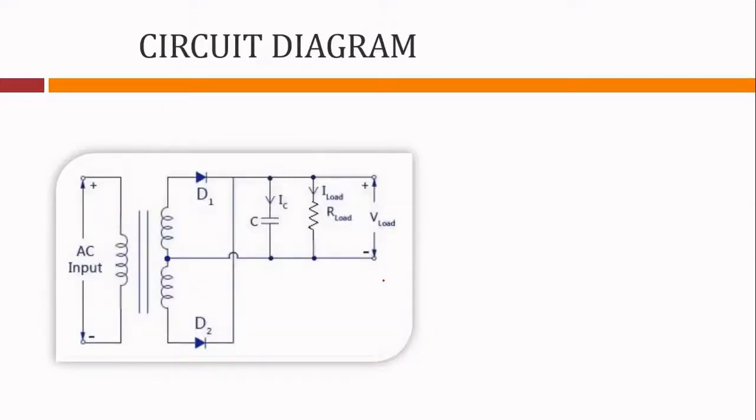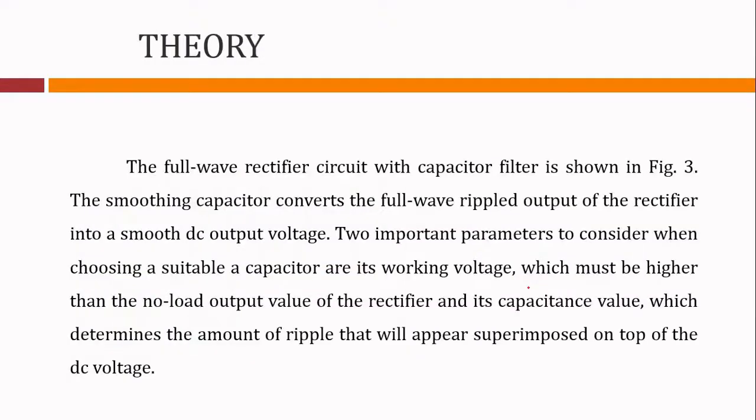So here is the circuit diagram, okay, which we have discussed. The most important point here, as far as this circuit diagram is concerned, is that the ripple factor r is equal to 1 upon 4 root 3 f C RL. Capacitance is expressed in terms of microfarads, and RL, that is the load resistance, in terms of ohms.